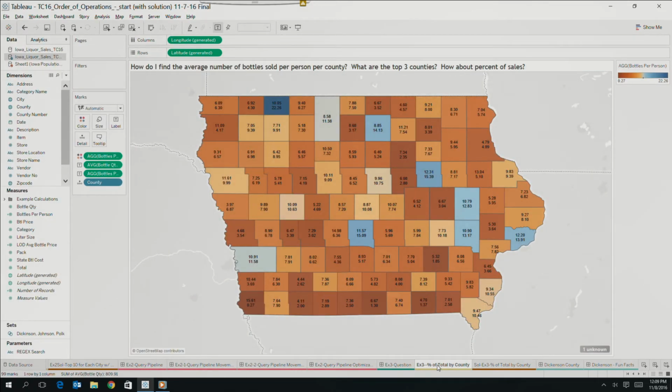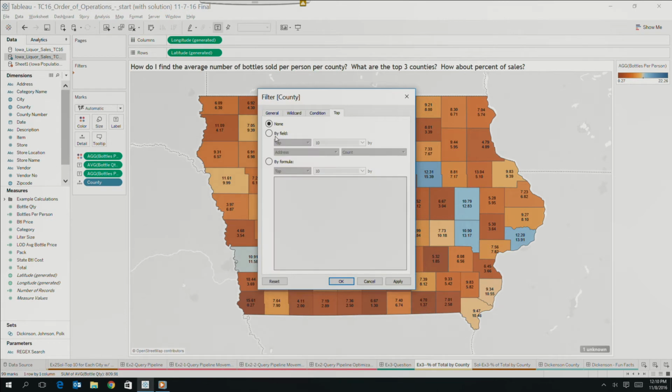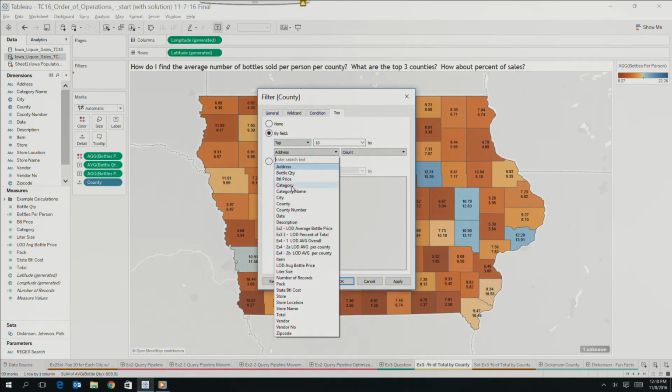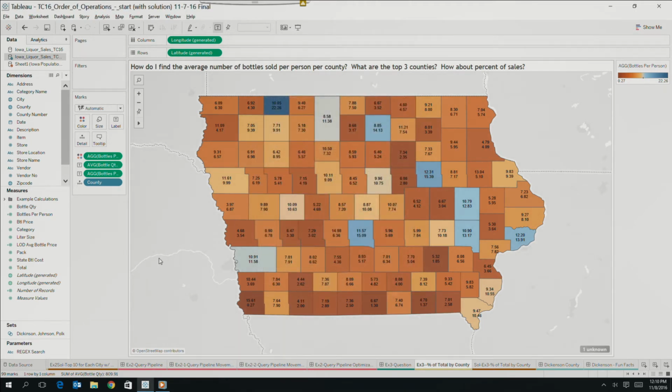So we want to know, what are our top 3 counties? OK. Well, we can probably simply do, what? Drag County onto our filter. And we had our top, and what do we call that? Bottles per person. All right, that's not there. Well, why isn't that there? We created it. It's right here, bottles per person. Well,